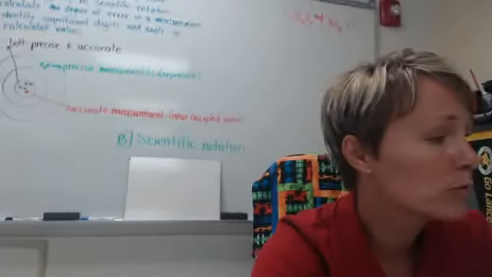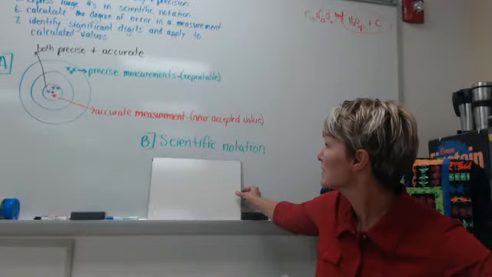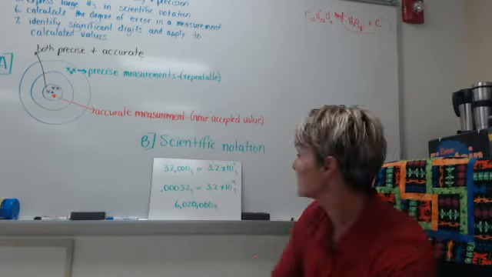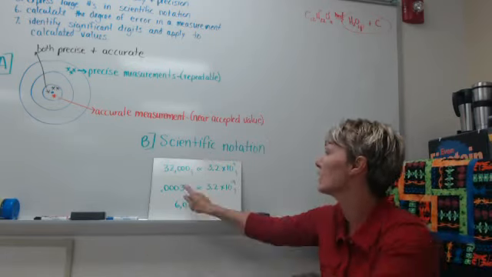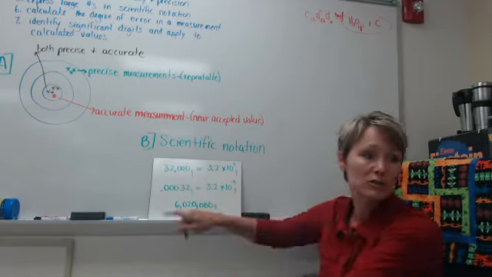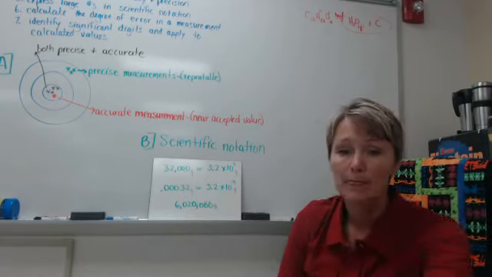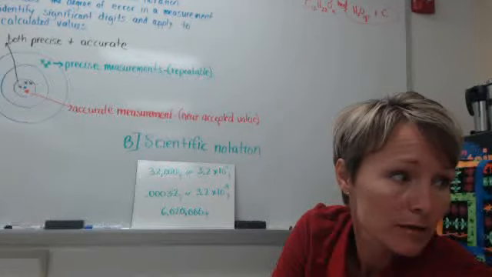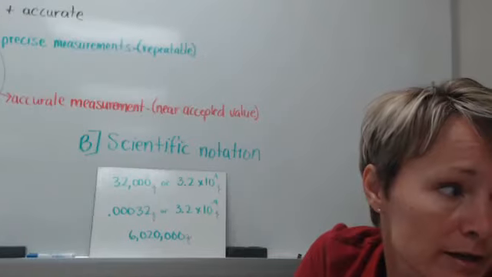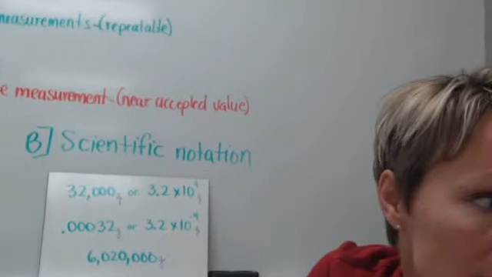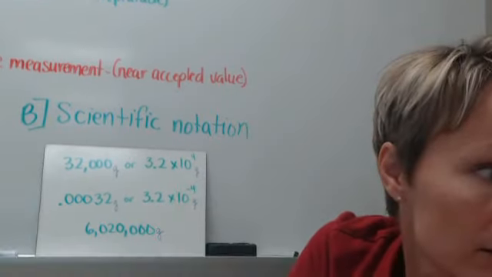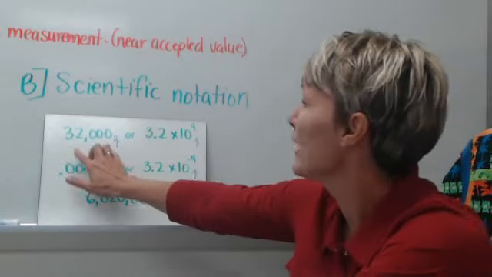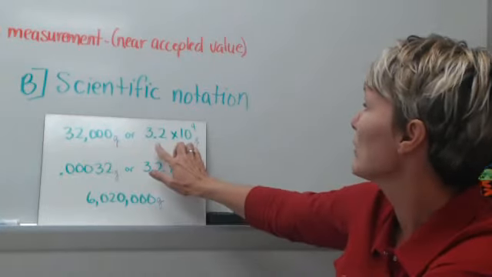And so if we look up on the board at scientific notation, we can see how we have several measurements up here, and they are measurements because not only do they have numbers, but they also have units. We're talking about mass in grams. I'm going to zoom in here on that board so you can see that a little bit better. We can see the exponents there. If we look at this measurement, here we have it in standard form, and here the measurement is written in